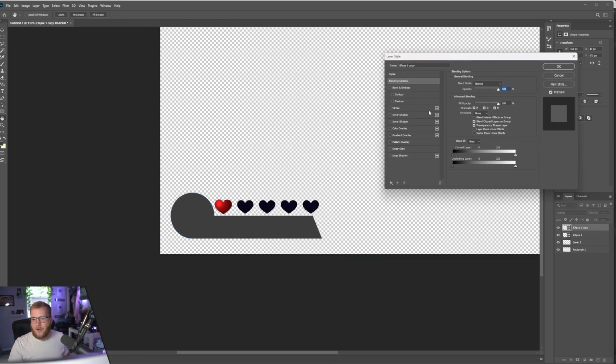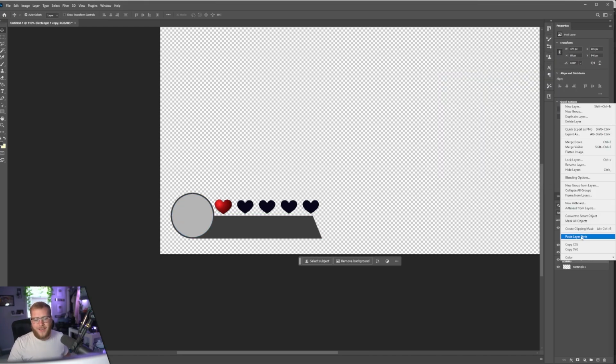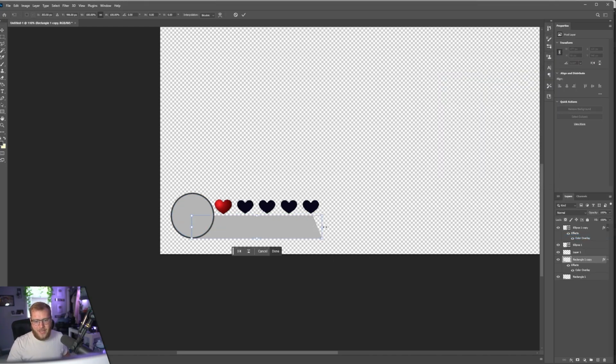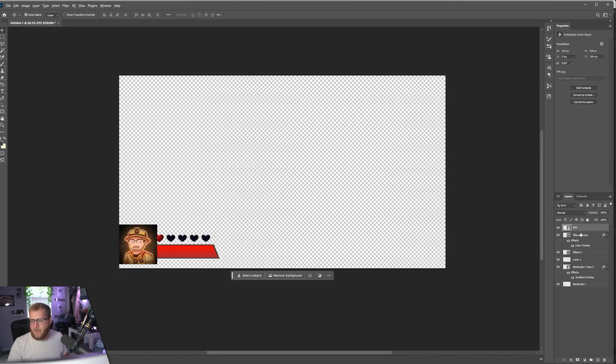Let's duplicate this and make it a little bit smaller. Make it a little lighter of a color as well. Something like that for now. We will duplicate this, copy and paste our layer styles, and we're gonna have to make this a little bit smaller as well. So it's gonna look something like this. Let's go ahead and bring in a profile picture real quick, just so you can see. It will auto load whoever said player is. I think I keep putting it on the wrong one.